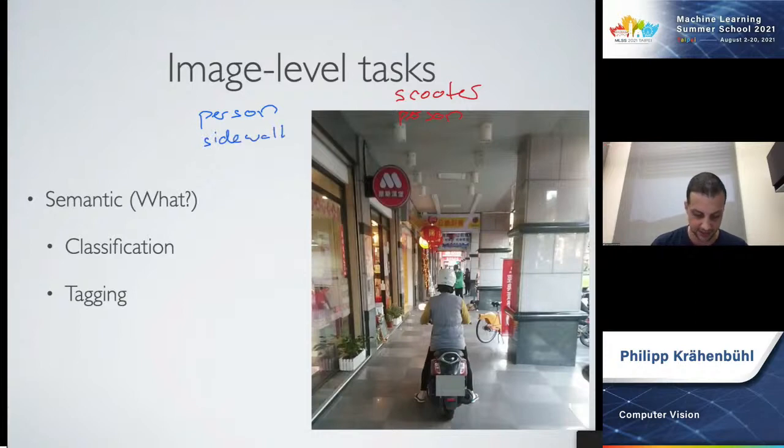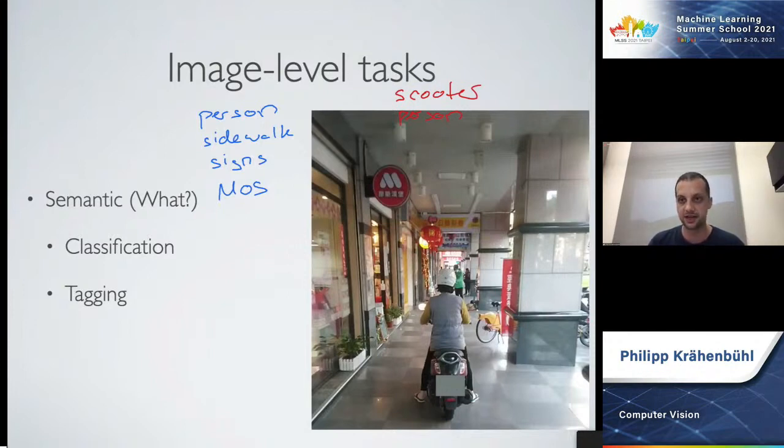There might also be signs. If you know Mossburger, you might have Mossburger. I'm not even sure if it has 1 or 2 S, and so on. And so tagging really is the problem of trying to come up with all possible categories this might fit in. The difference between classification and tagging is that classification assigns one label, while tagging tries to assign a group of labels to the image.